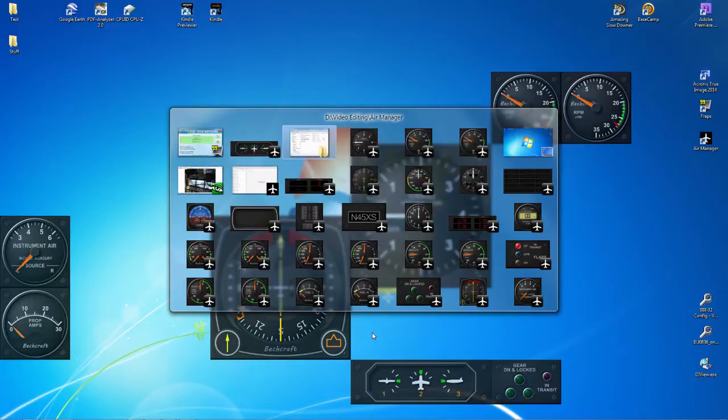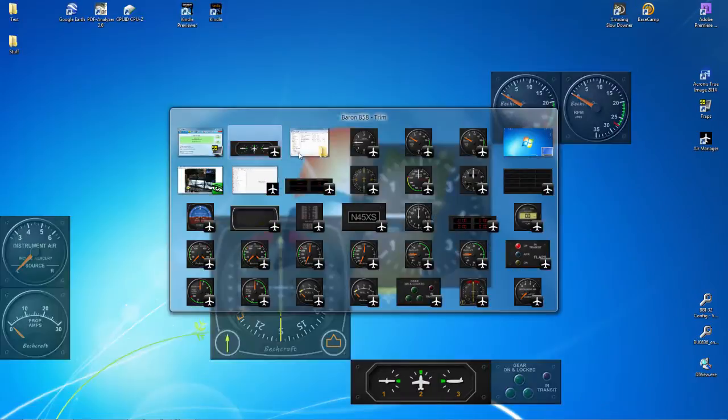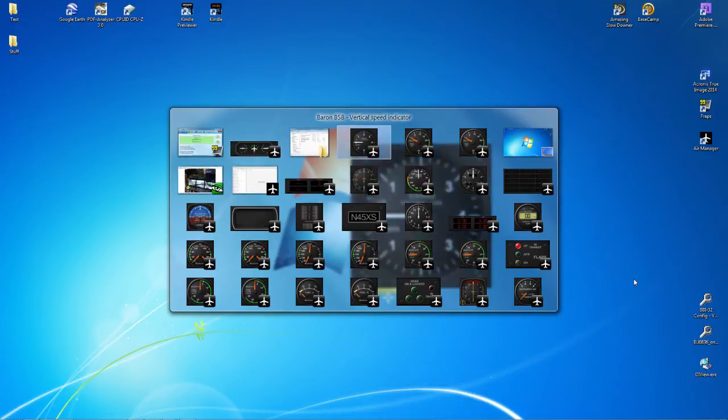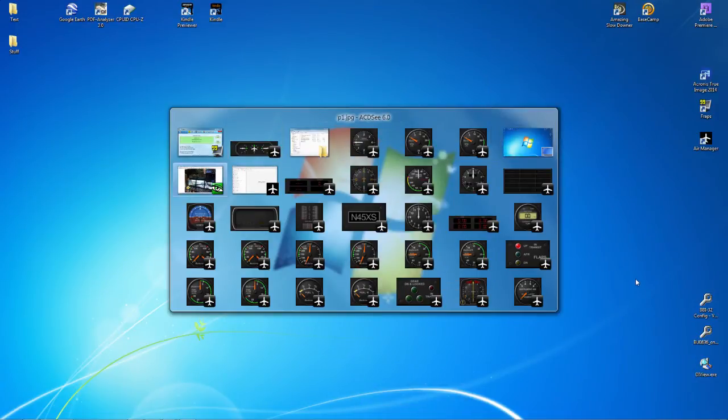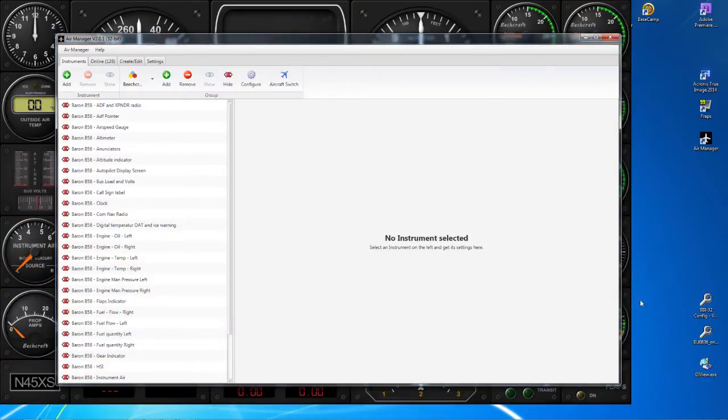What you'll notice here, you may remember I looked at a similar program called Panel Builder, and I commented that each instrument was run as a separate program. That appears to be how Air Manager works as well. So it's kind of tricky to tab through different programs in the Windows Explorer, but I'm not going to complain